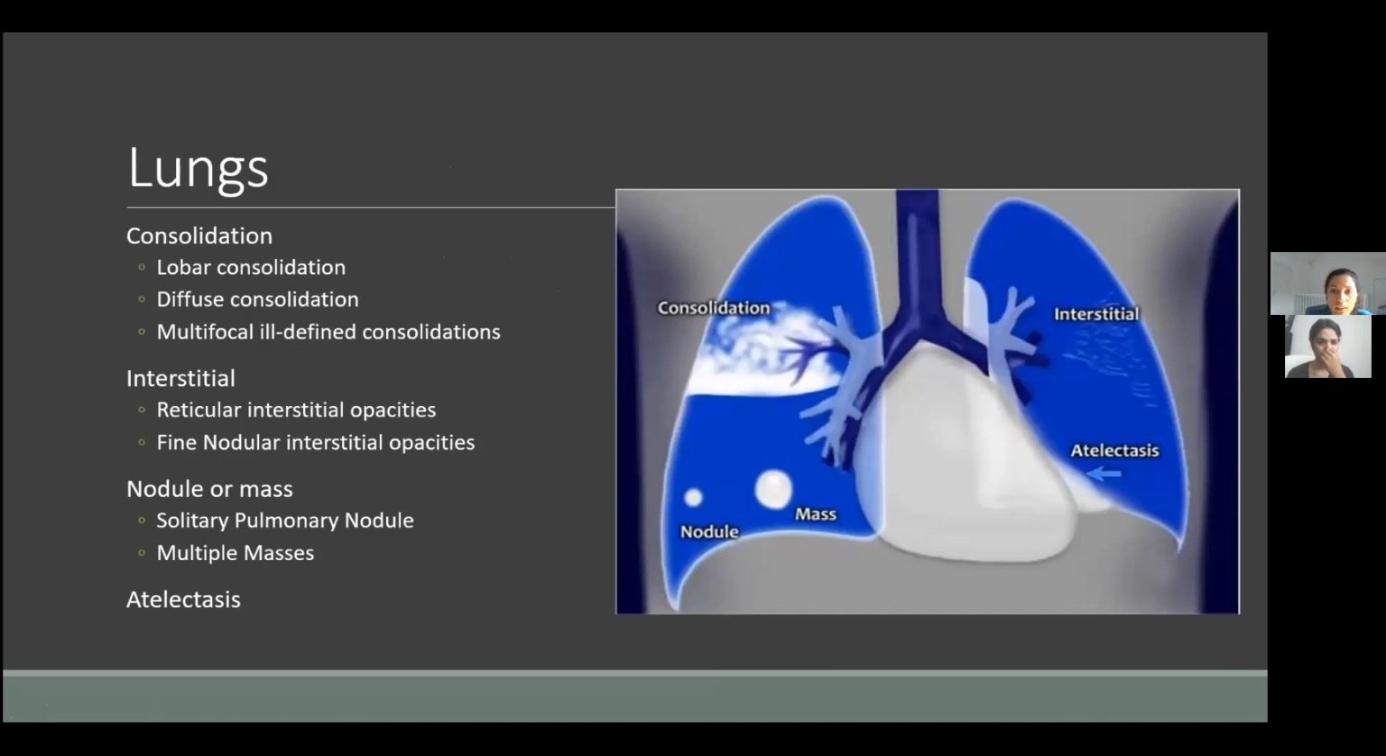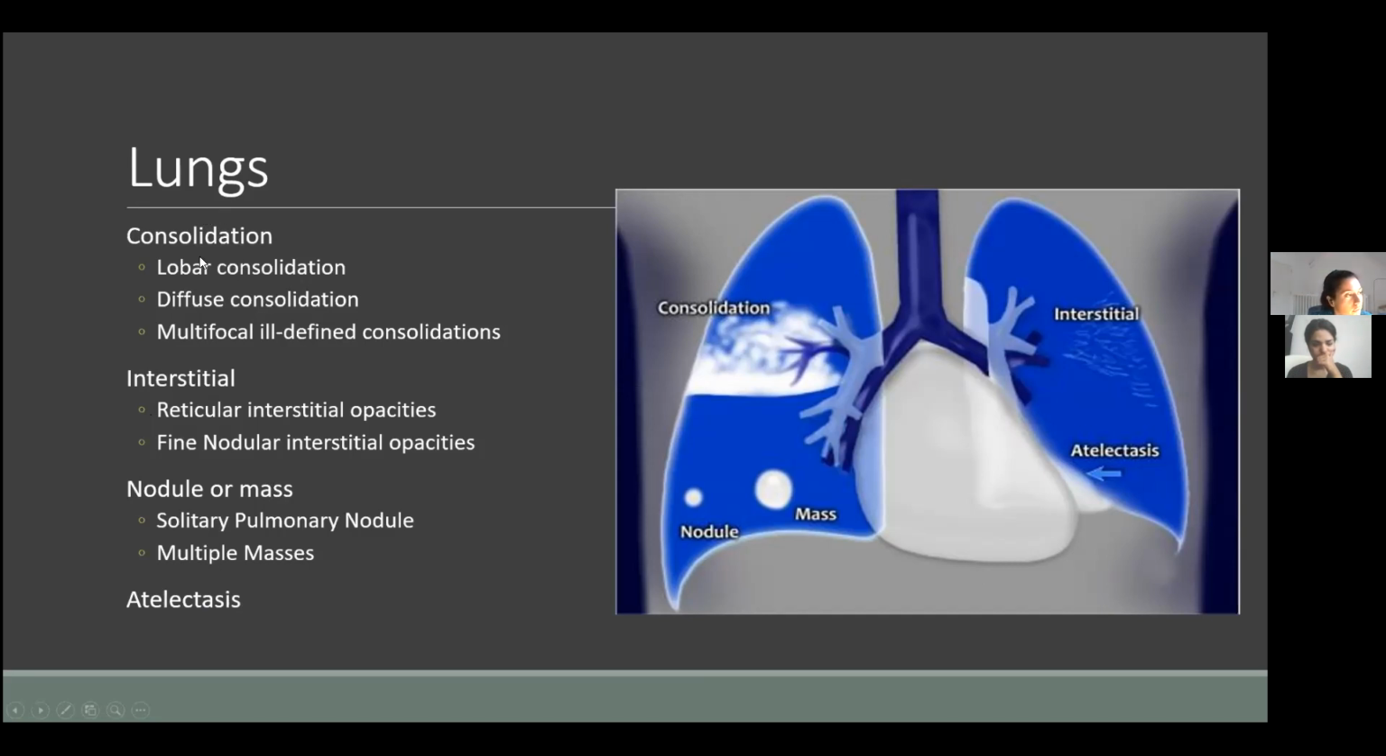So on the chest X-ray, lung abnormalities will either present as areas of increased density or areas of decreased density. Lung abnormalities with increased densities, also called opacifications, are most common. They can be divided into consolidations, interstitial densities, nodules or mass, and atelectasis. And all of these densities can be